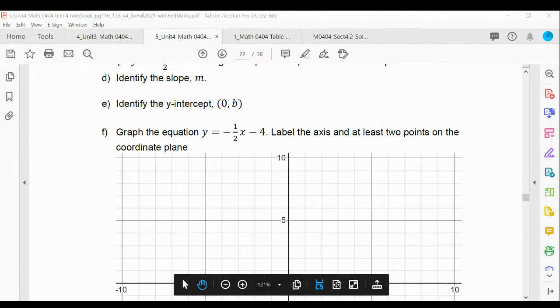Okay, so try example number 4, as your instructor might ask you to upload that onto Blackboard, and move on to the next video that shows you the third way to graph a linear